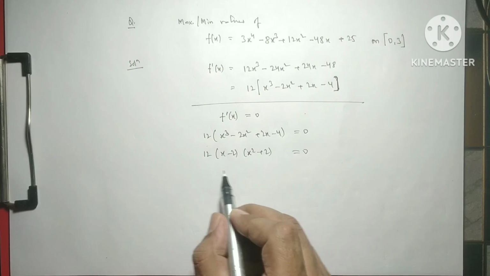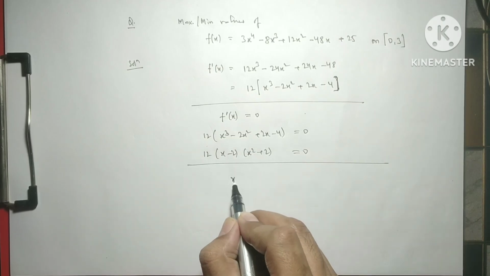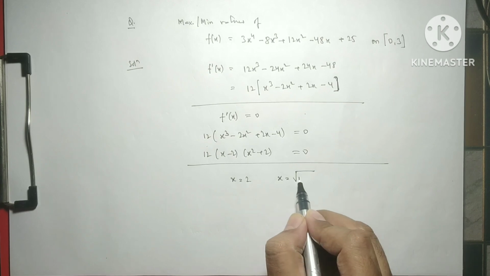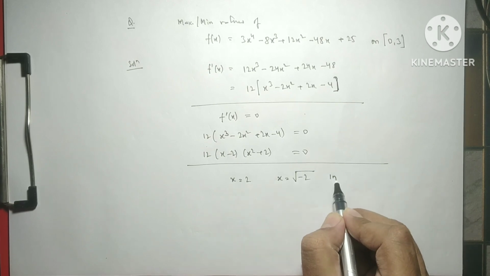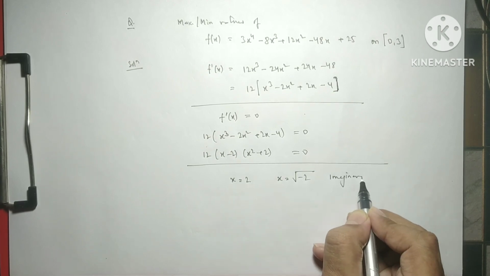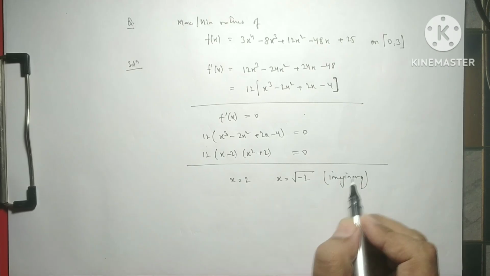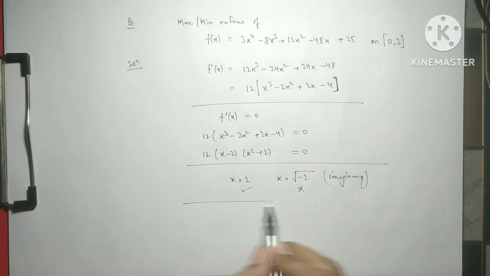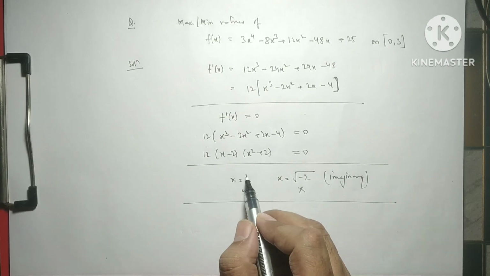So right now we get the values of x. x is 2 and x is under root of minus 2, that is imaginary. So discard this, we will select this. Right now we have this value, and